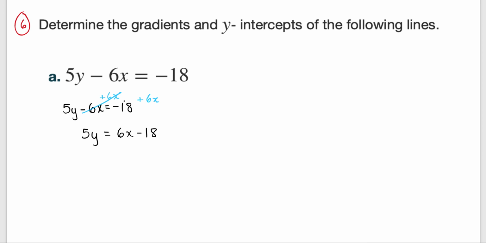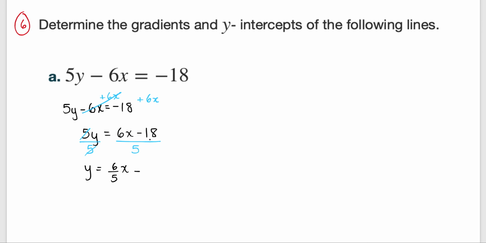Then I'm going to divide both sides by 5. If I divide by 5, I have to divide all of this by 5. So this cancels out, and I get that y is equal to 6 over 5x